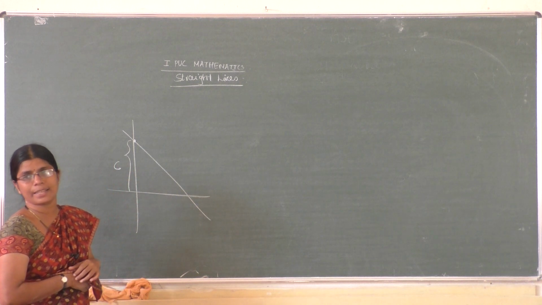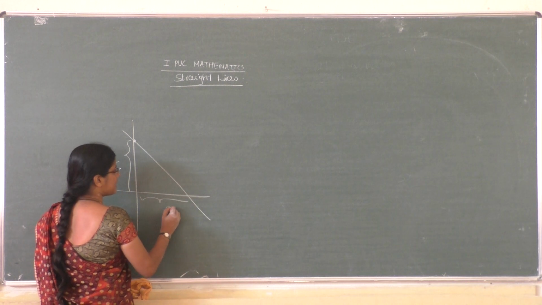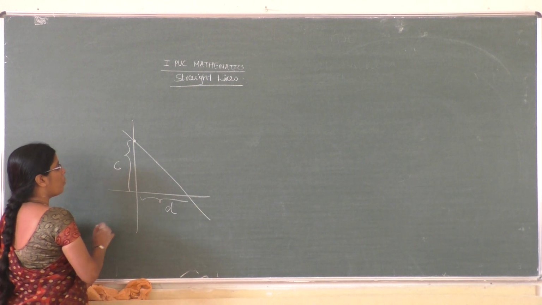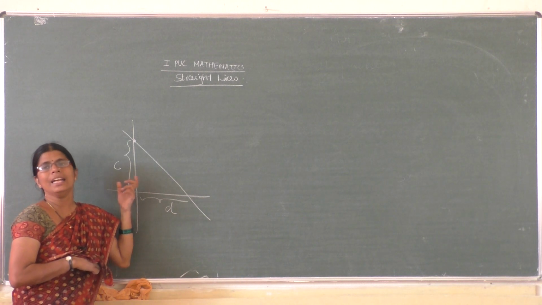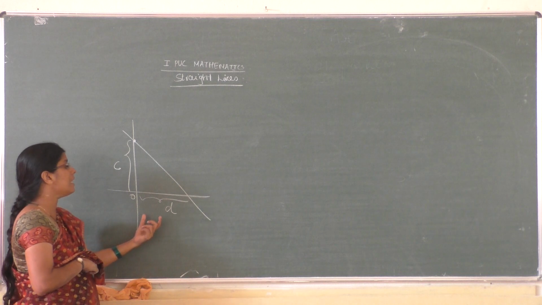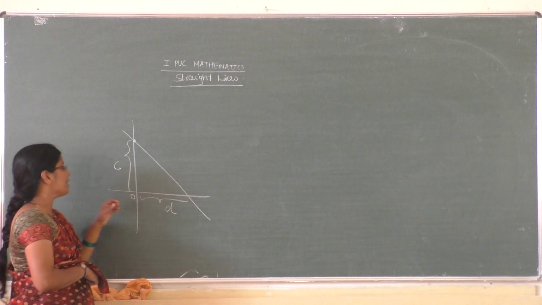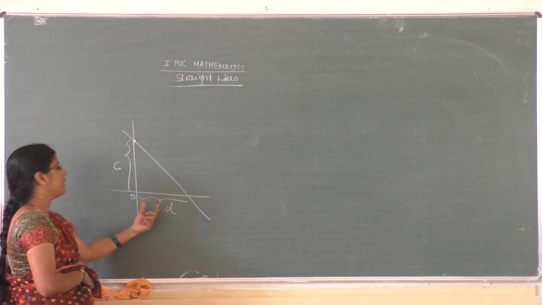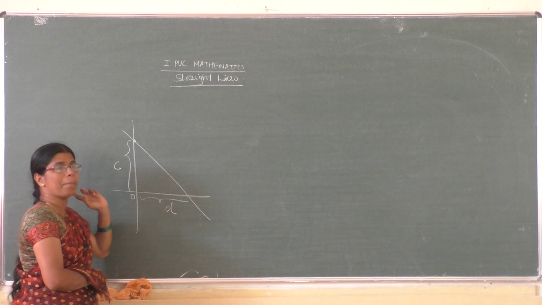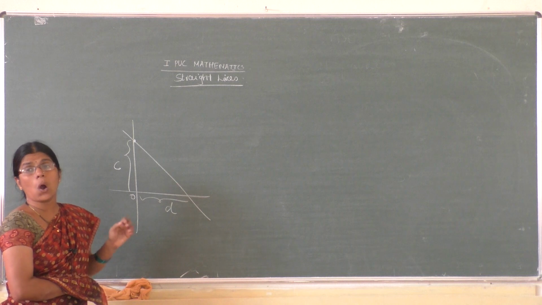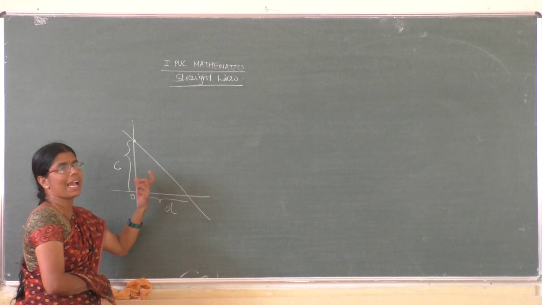Suppose a line cuts the y axis at a distance of c from the x axis, then this c is called the y intercept. And suppose the line cuts the x axis at a distance of d from the y axis, from the origin, then that d is called the x intercept. The sign of the intercept may be positive or negative according to whether the line cuts the positive y axis or